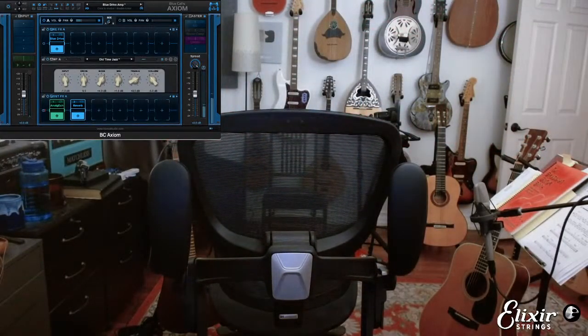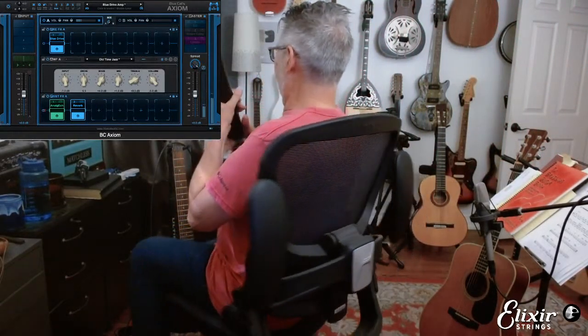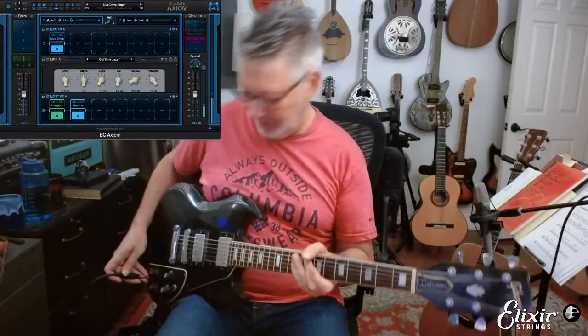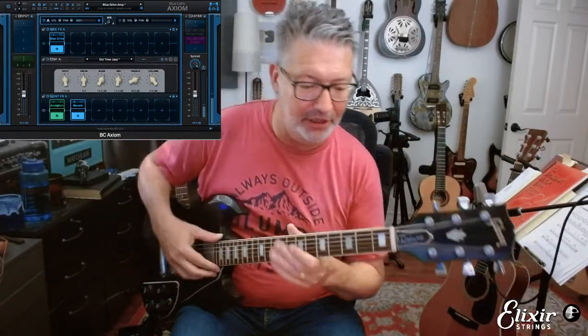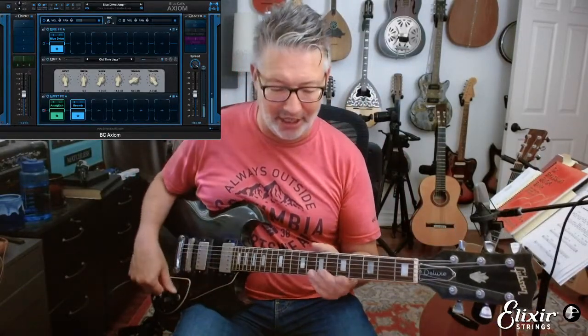Let's grab this bad boy. This one's set up, has pretty low action too, but it sounds great. And I love the SG for slide because the accessibility of the whole fretboard is phenomenal. It's a great slide instrument.